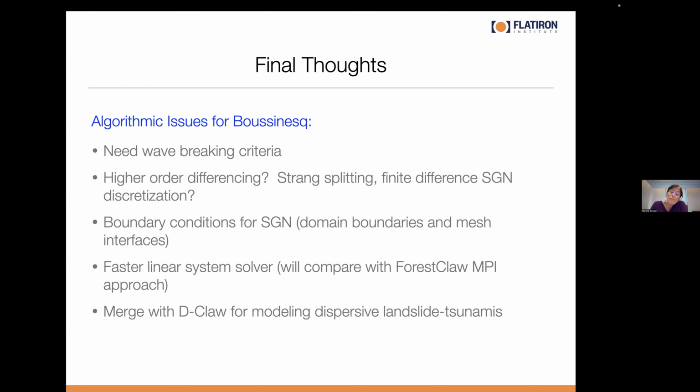Maybe better preconditioners. And my hope is to actually be able to run using ForestClaw, which we'll hear a talk about tomorrow, which is MPI-based, built on top of p4est. It's a quadtree-based refinement, but it also has Clawpack, GeoClaw propagation built in. And also on the list is to combine things with GeoClaw for modeling dispersive landslide tsunamis, which you'll hear about tomorrow too. So that is